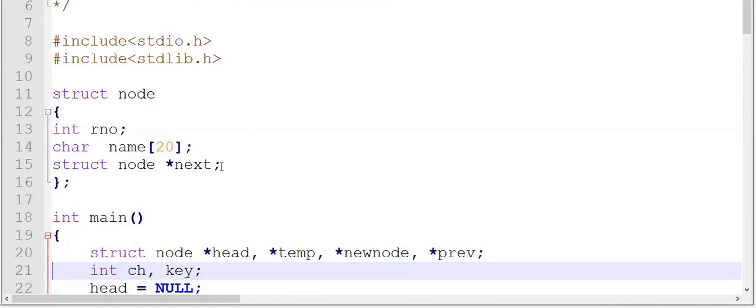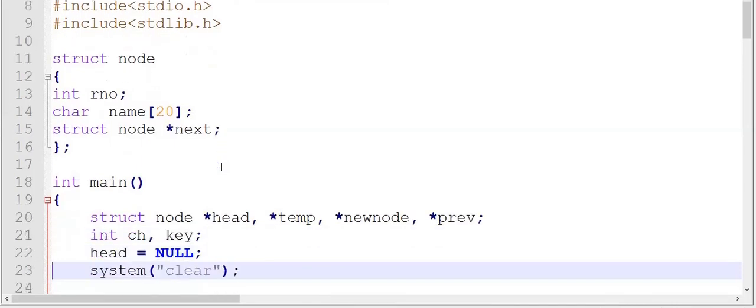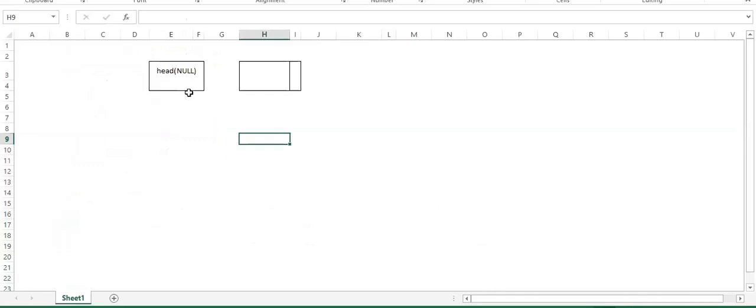We know that initially, since we don't have any nodes in our linked list, we haven't created any, so head is pointing to null, or head holds null. So here is the diagrammatic representation. As you can see here, head will be pointing to null. Then after that